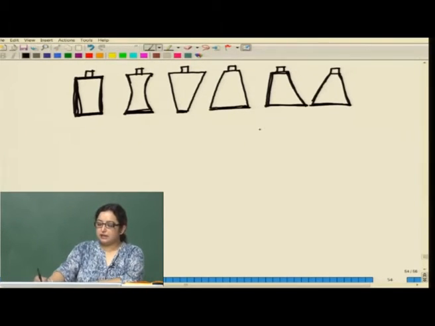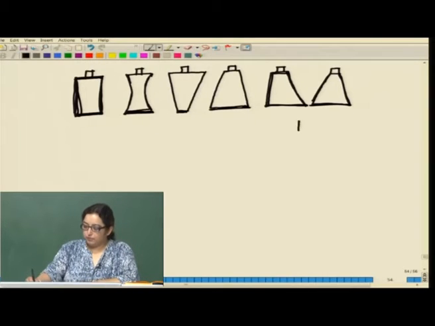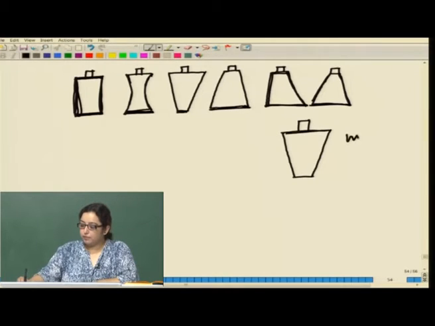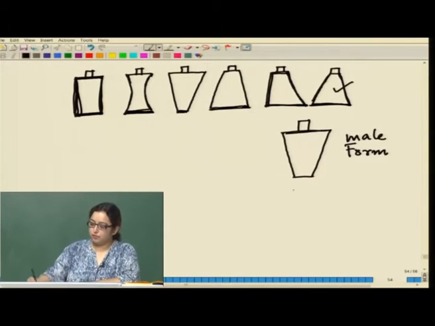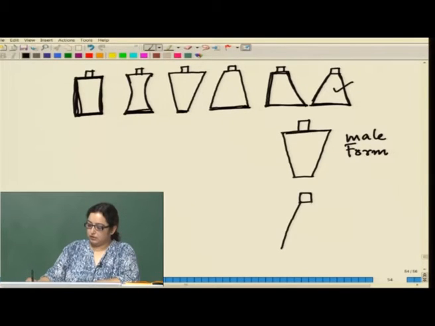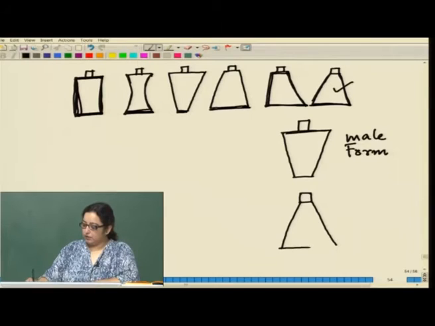You may say that this particular form is a male form and this particular form is a female form,